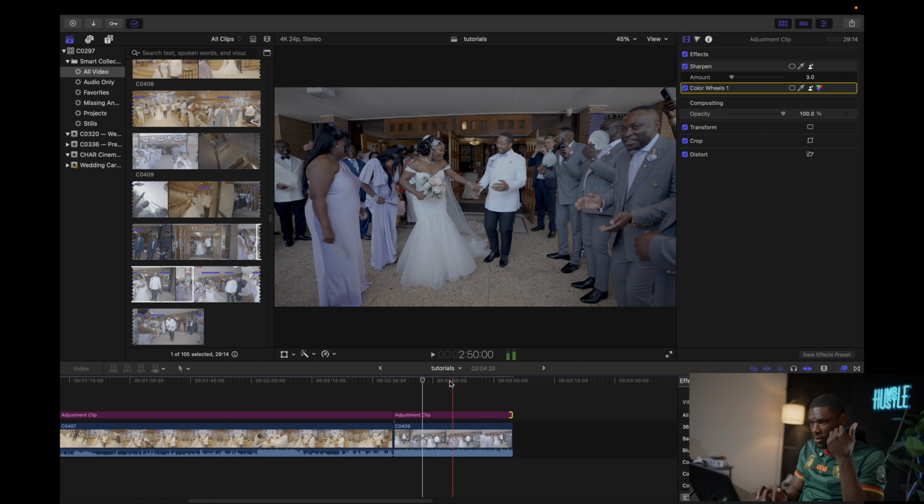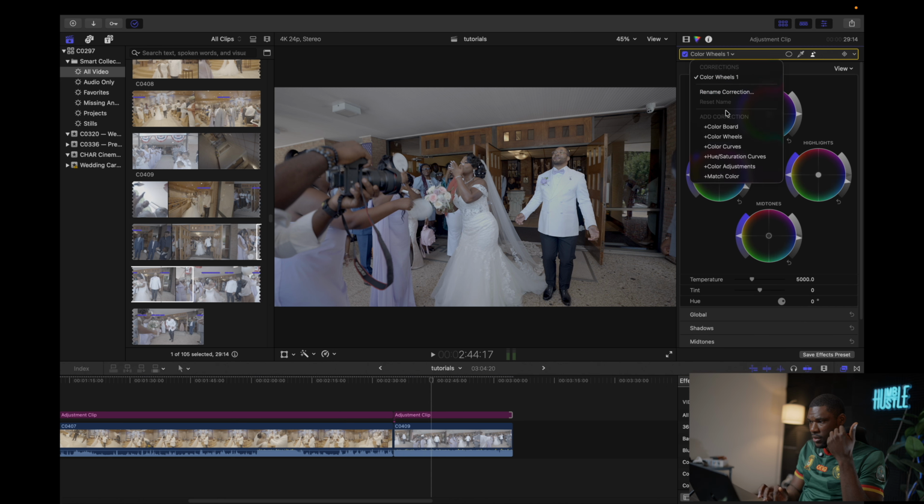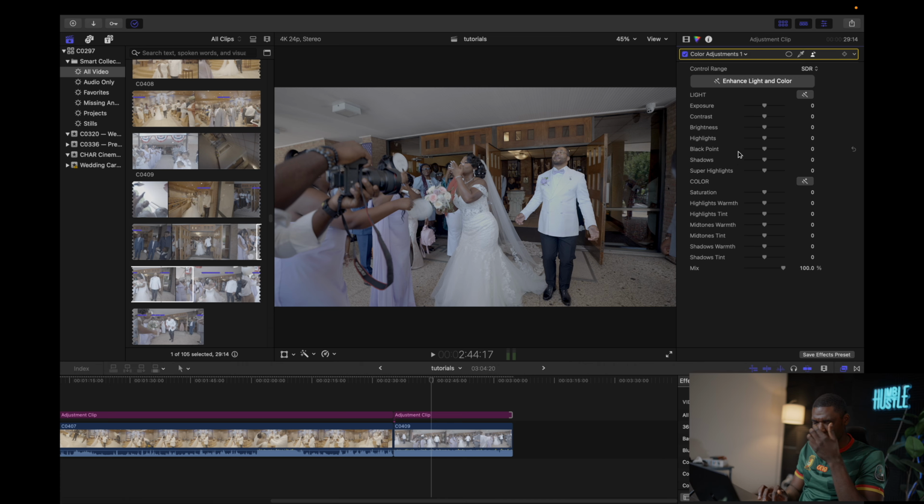Now once this is done, I'm going to go to the next tool I use, which is the color adjustment, and I want this to be a little bit brighter. I'm going to add some contrast to the video. I want to reduce the highlight a little bit more, because if you look at the suit of the groom,